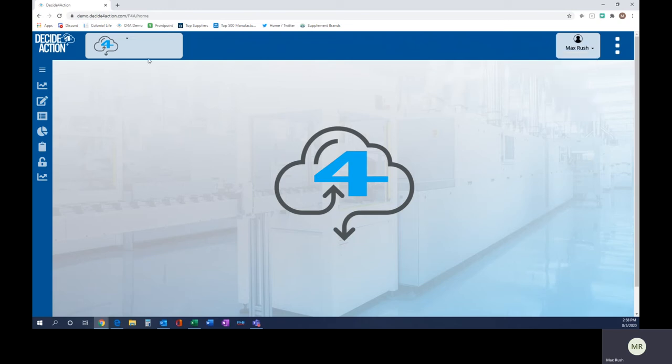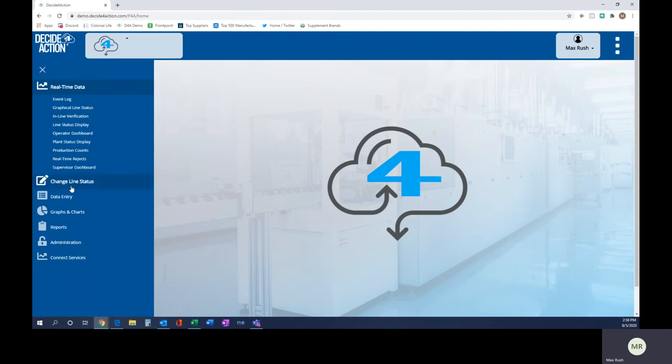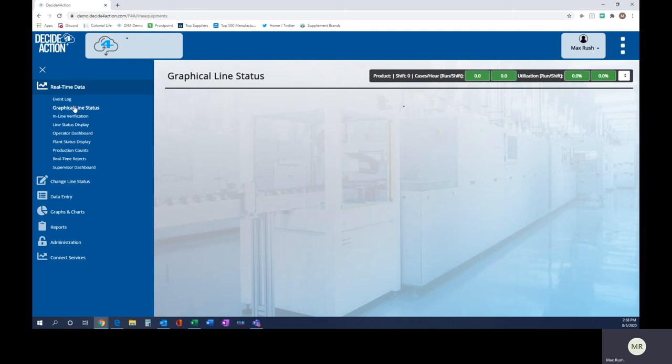You've also got a drop down here at the top left. Should you be managing multiple plant locations, you have the ability here to see within the drop down itself your different plant locations and click into each of those. We've also got on the toolbar here on the left the different options that you can dive into within the software itself. So starting here with the real-time data, I'm just going to click into a few of these for